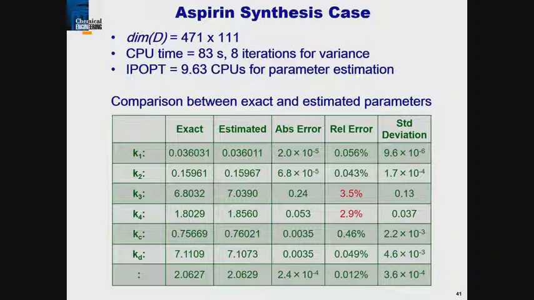So these are the estimated and the exact values because it was a simulation. We got very good error estimates over here. These are a little high over here with the relative errors, but still acceptable. And that gives you some idea of how it works. Now, let me mention that everything that we did in case study 1 will still appear here in case study 2 with model discrimination.